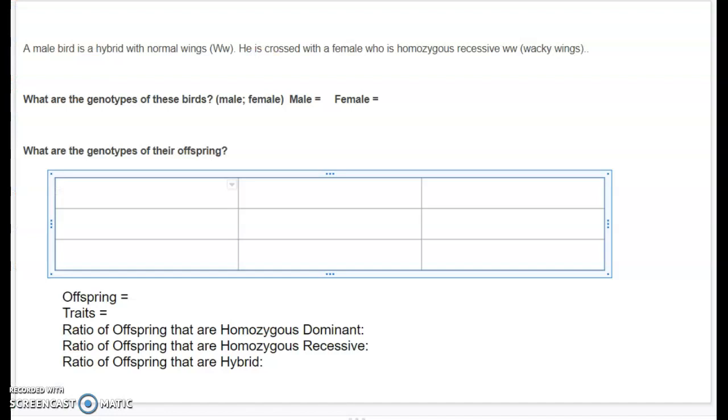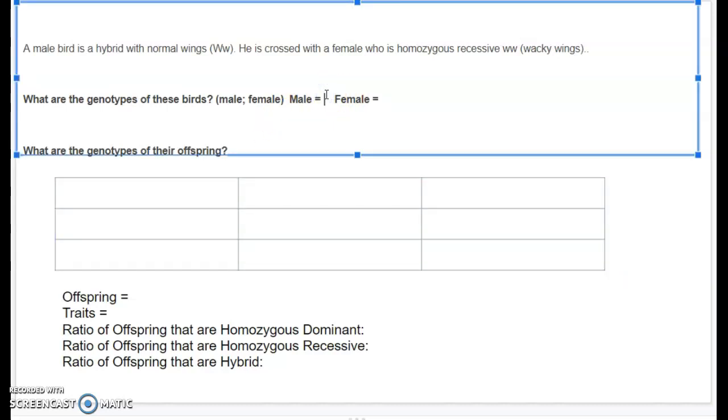So now we're going to be looking at a male bird that is hybrid, that has normal wings, and it's going to be crossed with a female who is a homozygous recessive, which has the lowercase w's for wacky wings. So the first thing you need to ask yourself again is, what are the genotypes of the birds? So we know that the male has a capital W and a lowercase w, and the female has two lowercase w's. How do we know